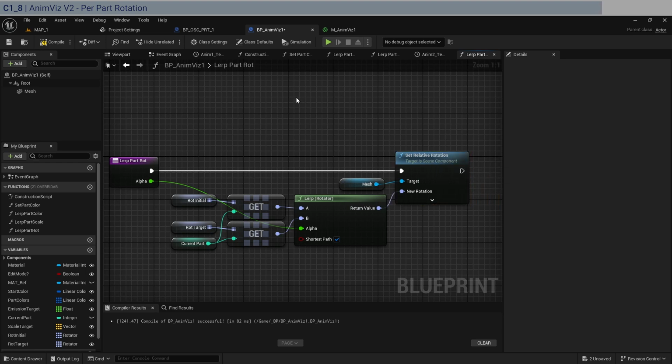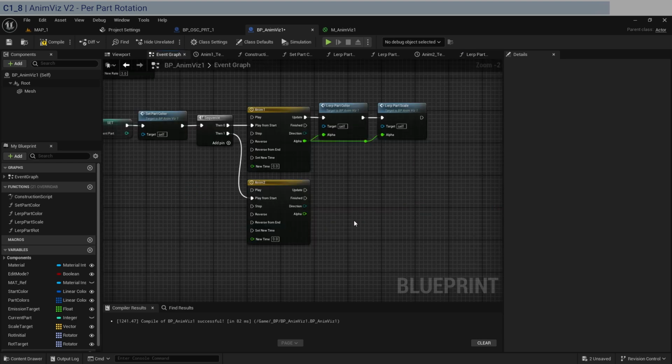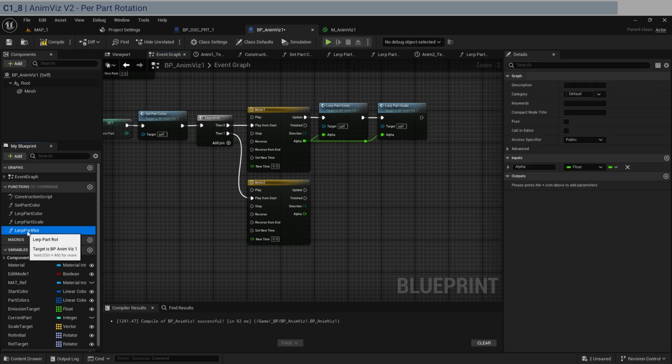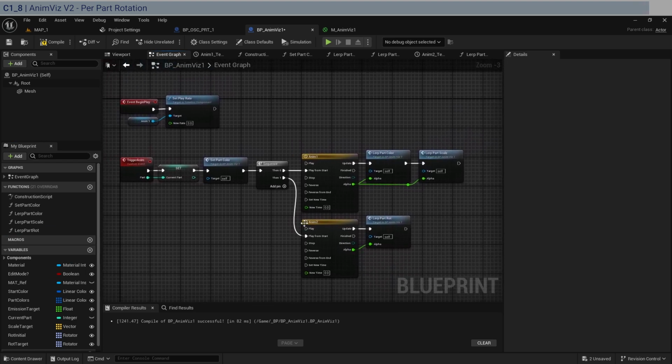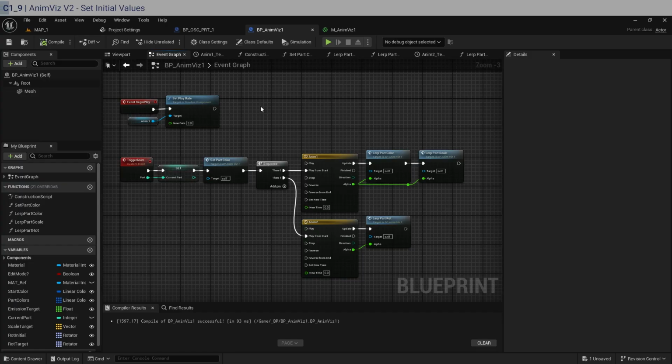Okay, that's looking fine. So let's go into the event graph. We take this function, drop it in, and connect the alpha. Okay, so code-wise, we're pretty much done with this blueprint, so we can just compile and save. And actually, one more thing before we go to the next part, we want to set the initial values for